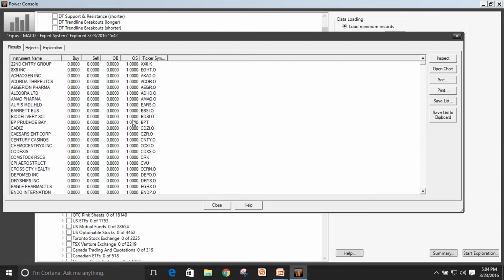Yeah, of course, you have the ability to save the list or open up the charts and take a look at them from here. It's a very robust platform. And I would say scanning, data mining, I've talked to customers of ours that have been with us